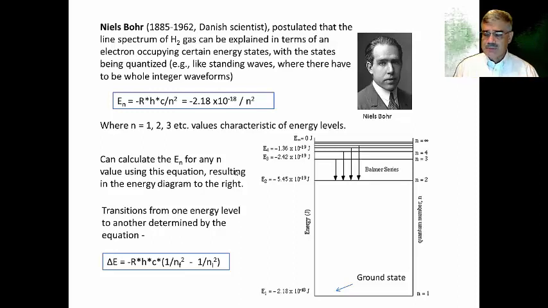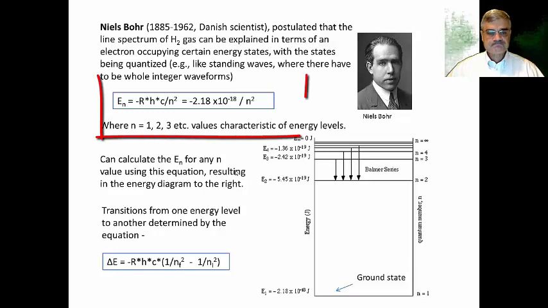Like standing waves. Remember our standing waves, or the standing waves you could have in a string instrument like a guitar. Only certain standing waves can exist. Well, he postulated that if electrons traveled in an orbit around an atom, maybe they had to form complete waveforms, like one waveform, two waveforms, three waveforms, four waveforms, and that only complete waveforms were allowable, and that there couldn't be fractional waveforms. So he began with more physical principles of motion, and he came up with this equation,